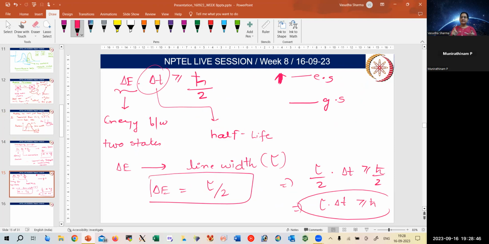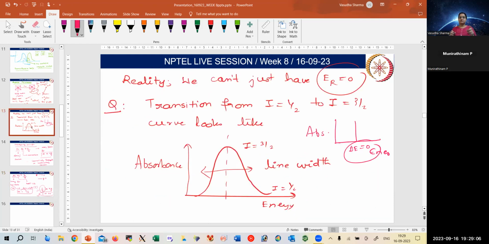So because of the finite time of the electron staying in the excited state, there would be a finite energy level. And because of the finite energy level, the delta E is not equal to 0. Because delta E is not equal to 0, and we know that it is related to the line width, whatever the width of your peak is going to be is related to this particular formula, and therefore we see this kind of Gaussian curve and not a straight line. Okay, now the next point that we have in mind is,